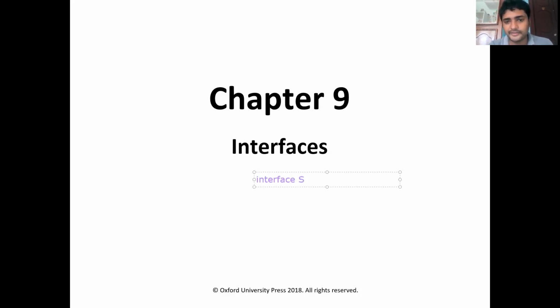The interface name can start with either a capital letter or a small letter, but we will use it the same way as a class. So this is the interface, and an interface consists of interface members.